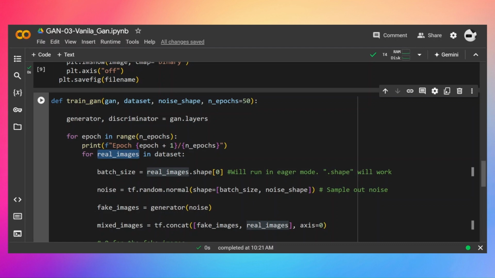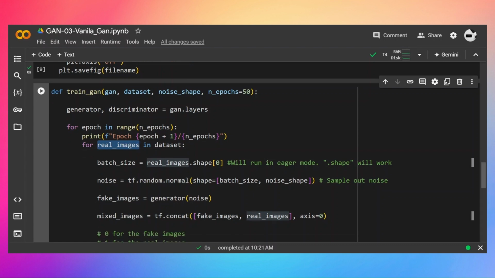So these real images represent my batch. Then I'm going to say real images dot shape and pass the 0 argument, and this will return me the batch size. As you remember, firstly in the list we have the batch size, then the height, then width, and then number of channels. So with this index 0, I'm going to access my batch size,